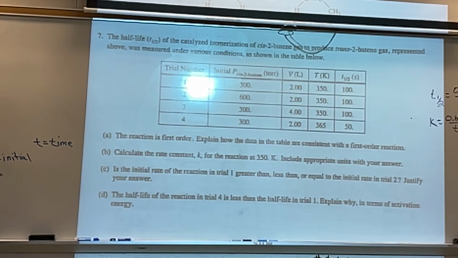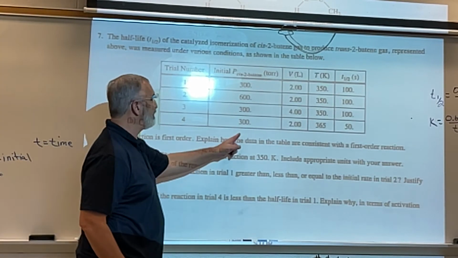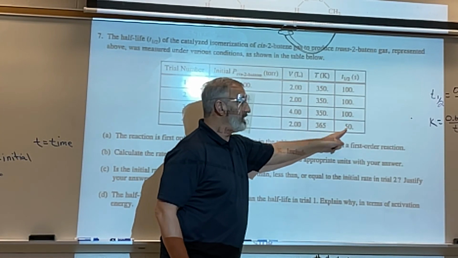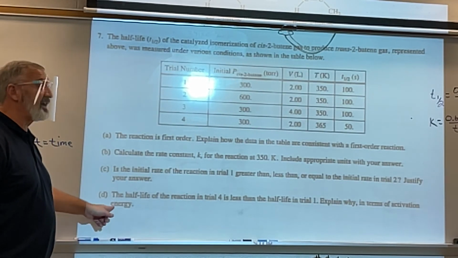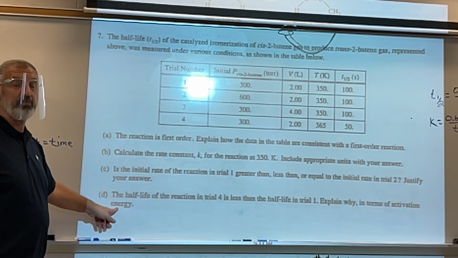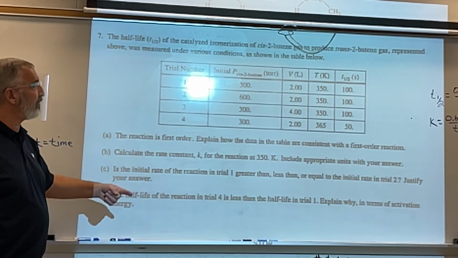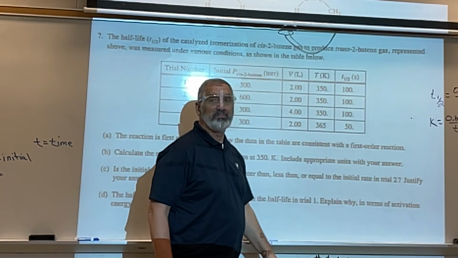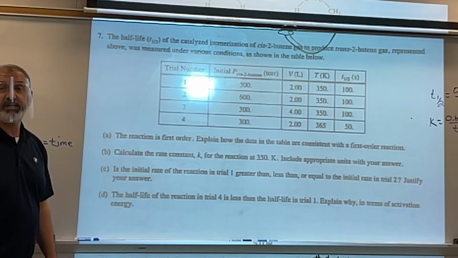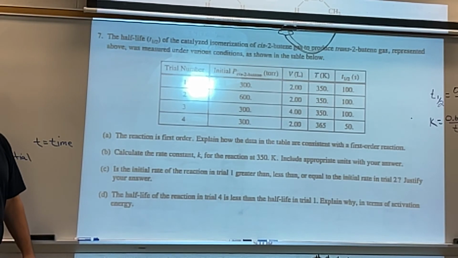Lastly, it says the half-life for the reaction in trial 4 is less than the half-life in trial 1. Why? In terms of activation energy. What's different between trial 1 and trial 4? The temperature increased. So in terms of activation energy, what does that mean? No, it didn't lower the activation energy. A catalyst will lower the activation energy. What does the increased temperature do? Gives them enough